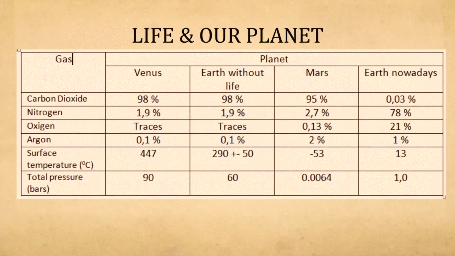The surface temperature would be about 290 plus or minus degrees Celsius based on the distance that it is from the sun. Mars is, of course, obviously a little bit further away, so its temperature is a little bit lower, but it doesn't really have a lot of life. But we have life on our Earth. And look at the tremendous change that we can just compare: the surface temperature is roughly, on the totality of the Earth, about 13 degrees.